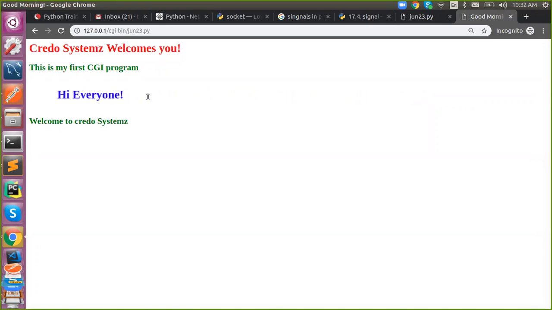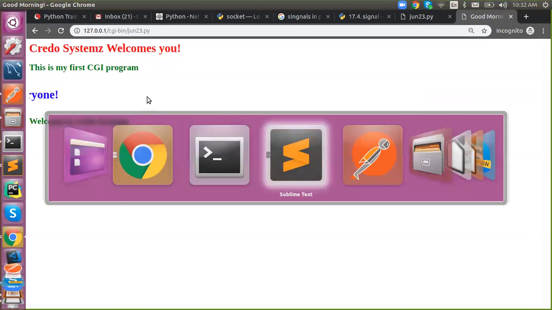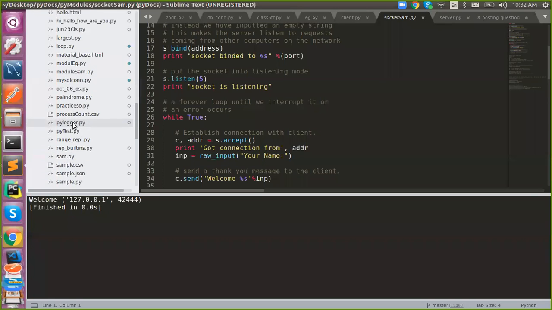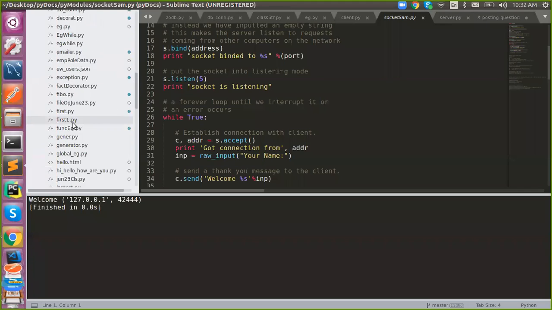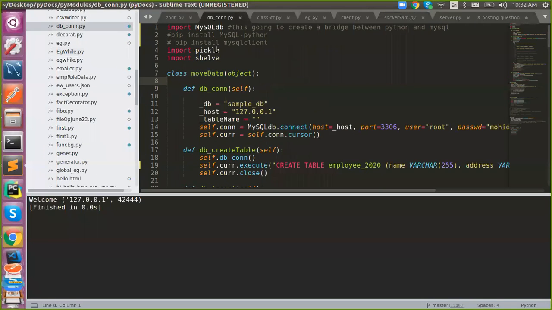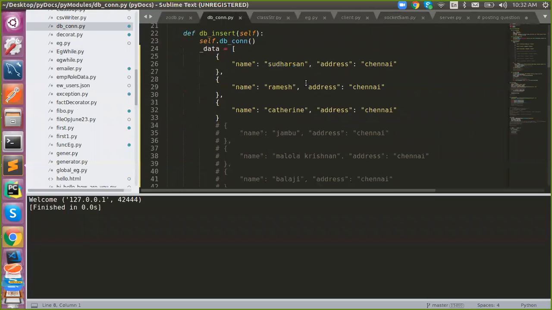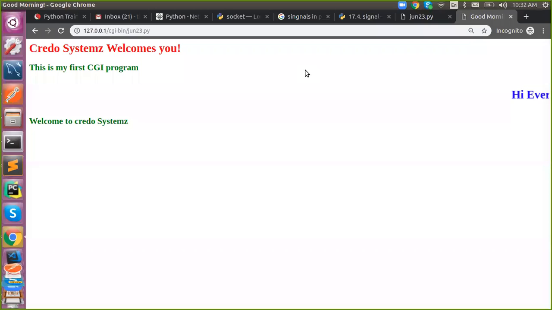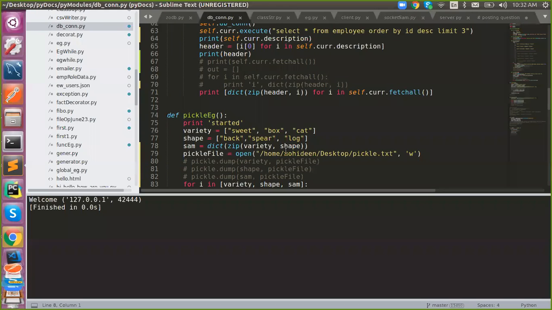Yes, sir. So even if it is a simple program, I can integrate a database, right? We already implemented database connectivity two days back. What is that? DBcon. Okay, so I established the MySQL connection, so I can fetch the data, and here I get some Python structure like a dictionary, a list of dictionaries. I can throw it back to the front end, frame a table, and showcase it there. Got it? Let me try. Yes, sir, I have not tried it, so if you want, I will try that.